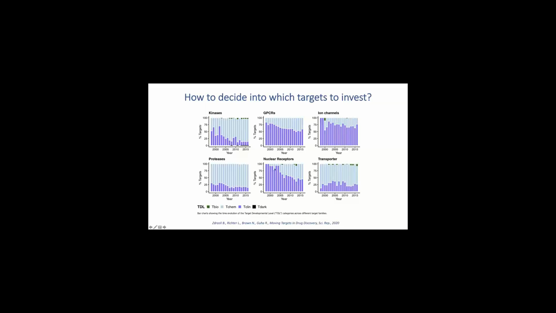But for others, for instance nuclear receptors, and this is really in percentage, so it shows relative numbers, we see in the last few years there were a few new targets that don't have a drug, where actually just a chemical is reported. So this might offer new opportunities for drug intervention.